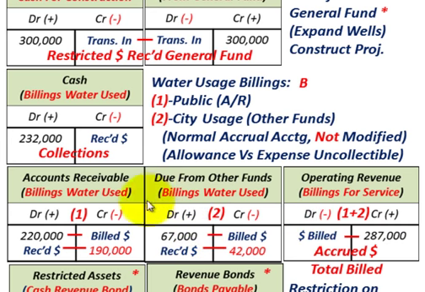And then when the actual collections are made, let's just say accounts receivable received $190,000 from the public, reduce your accounts receivable by that amount, and due from other sources, we'd credit or reduce that amount, $42,000. So you can see both of those amounts. Just say we received those dollars, and then you'd recognize them as cash, your debit to your cash account for the billings for the water usage. But everything has to be titled here.